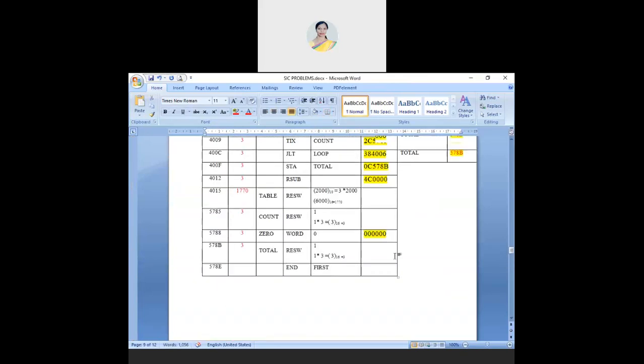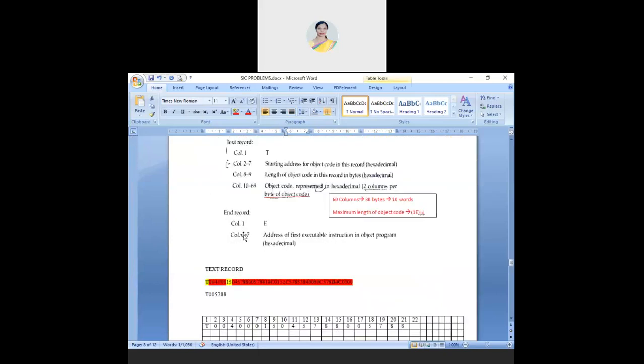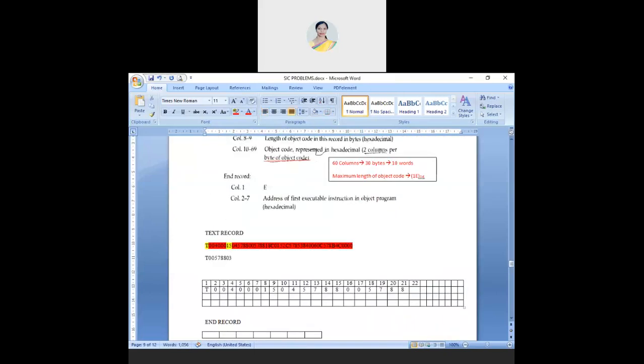Do you have any further object code? No, this is again a reserved word, so you have to break. The length of this record is only one word, that is 3. So this is my 03. And the record is 000000.